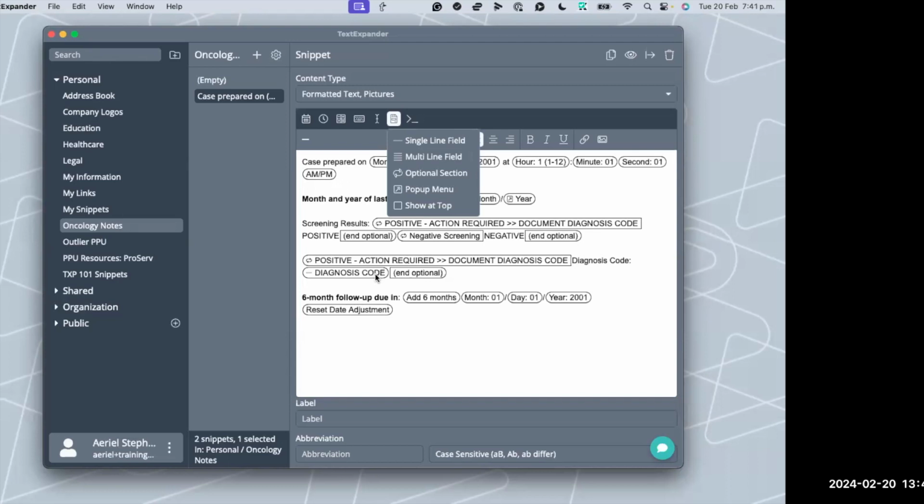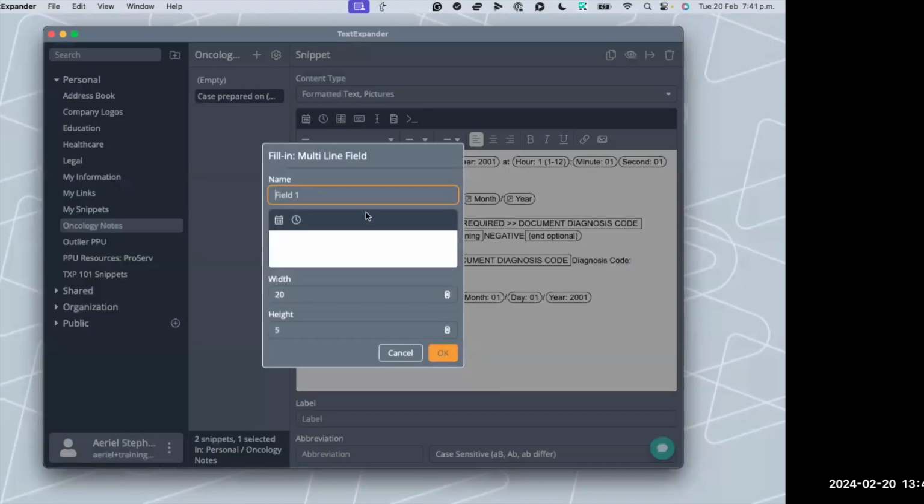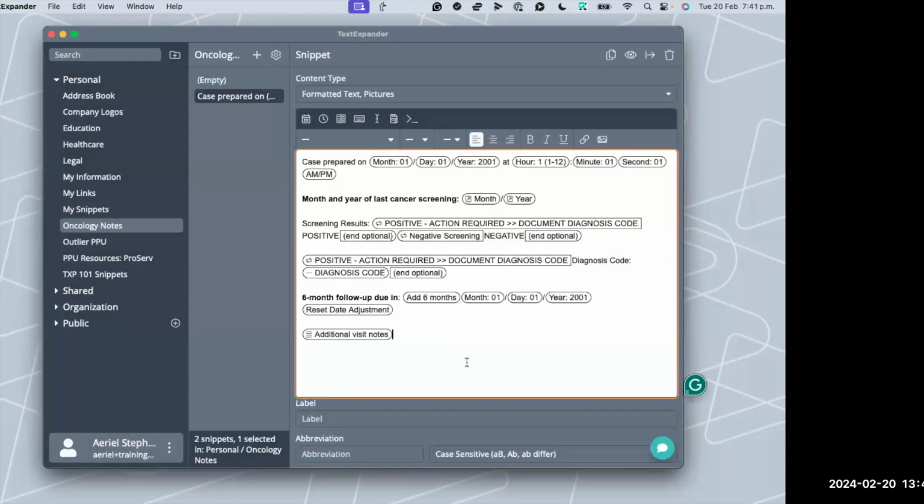That first portion was great for a simple diagnosis code, whereas if you just want to freestyle and need a large text box to put any additional notes about this patient or the visit you had with them, you would want to use a multi-line field. So I'll put additional visit notes and select OK, and that's going to be inserted into the snippet. So, just go to multi-line field from your fill-ins button.